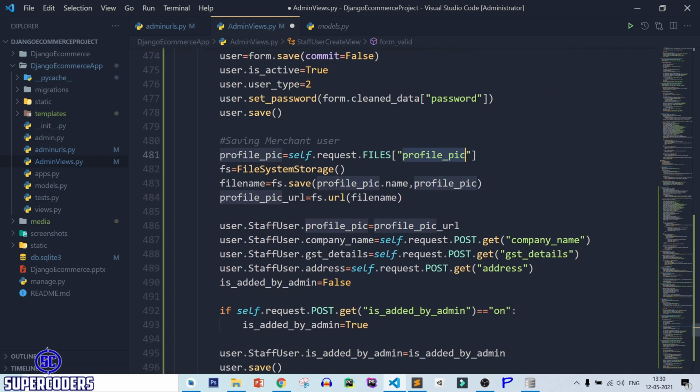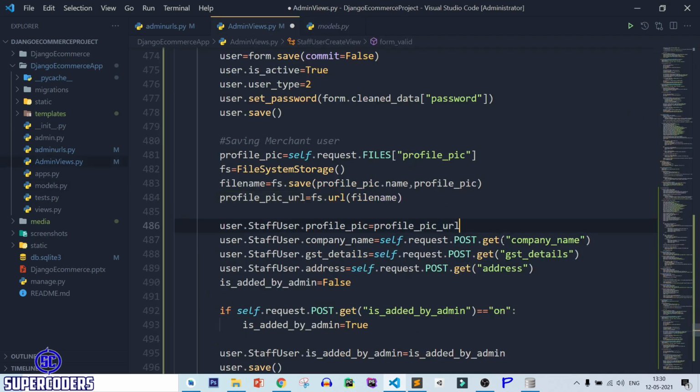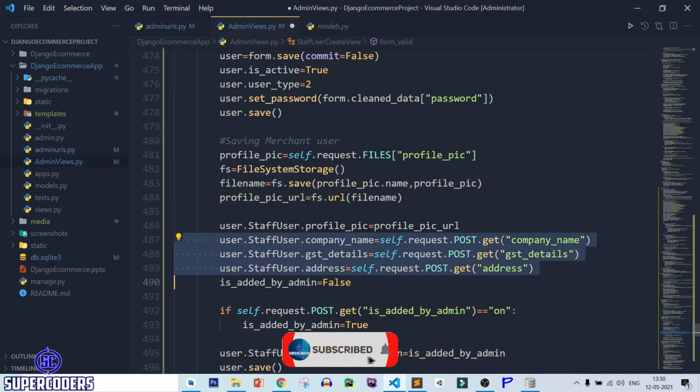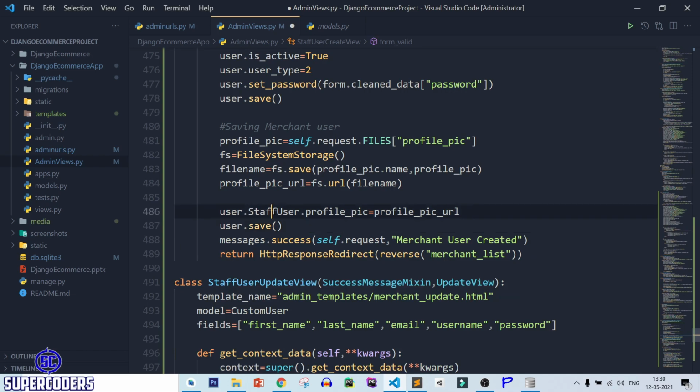So I think we don't need company name. Let's see the field name in staff user, only profile pic. So remove this data added by admin, remove all this, only we need staff user dot profile. Make sure here staff user must be in small.